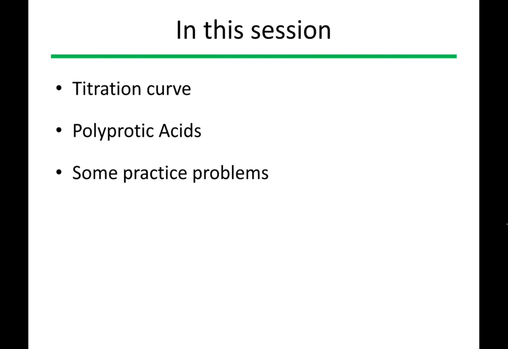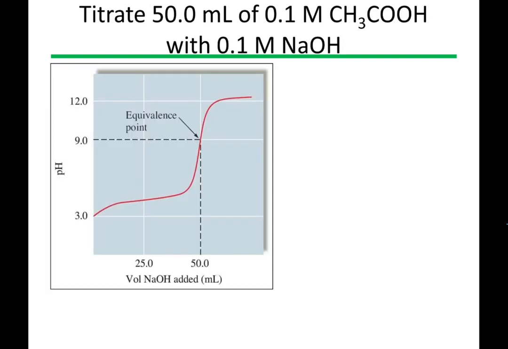In this video, we'll talk more about buffers by looking at a titration curve, talking about polyprotic acids, and looking at some acid-base practice problems. So this is what a typical titration curve would be like. If we were thinking about our 50 milliliters of 0.1 molar acetic acid titrating with the 0.1 molar NaOH,